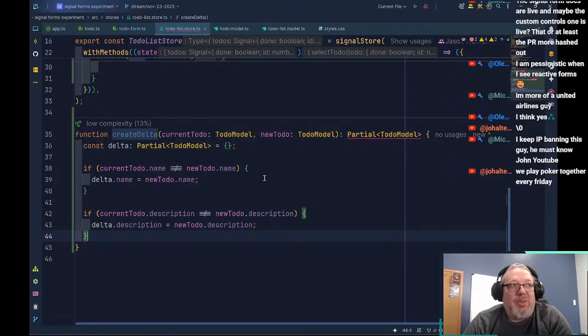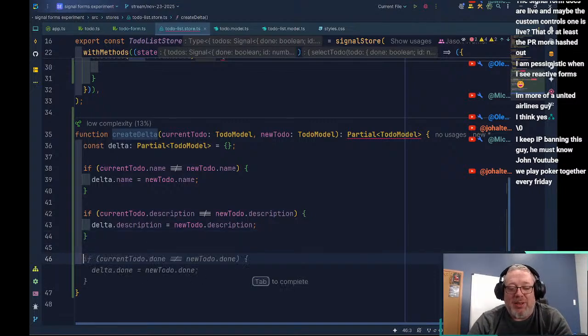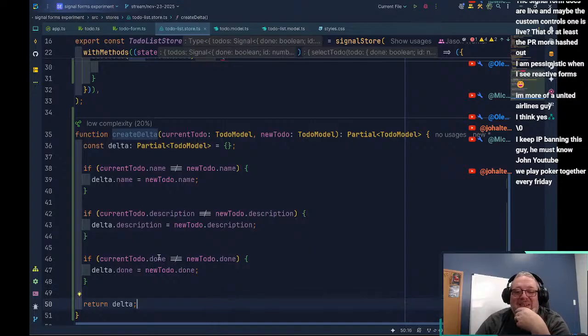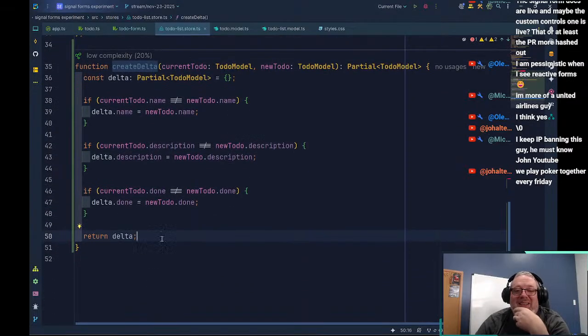What we want to do is figure out what actually changed. This is a horrible algorithm to do that. It's an easy one to understand, right? But it's only checking name, description, done, and then that's it.